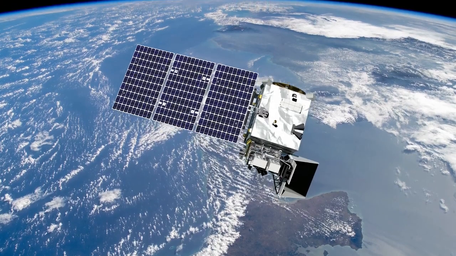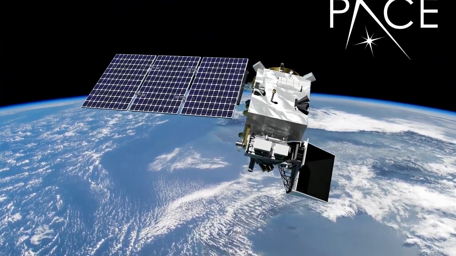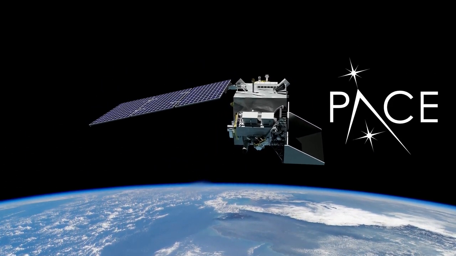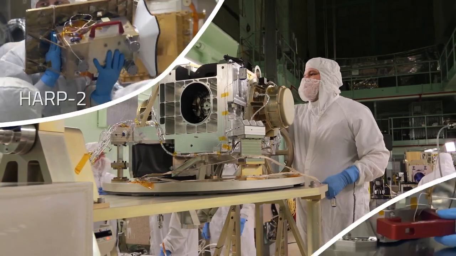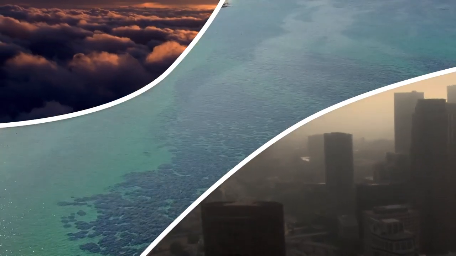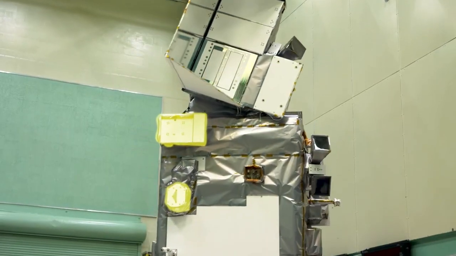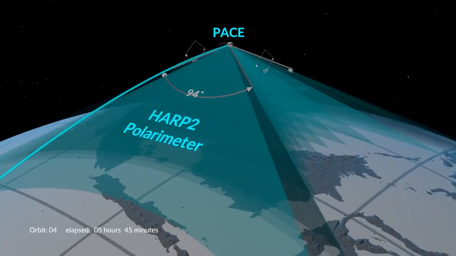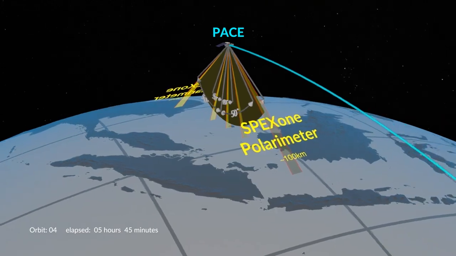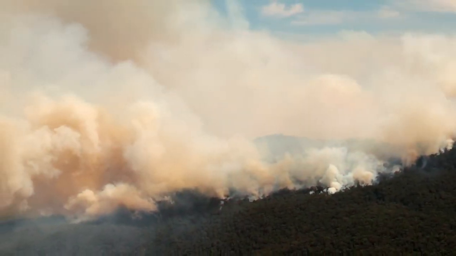NASA's Plankton Aerosol Cloud and Ocean Ecosystem, or PACE, mission is specifically designed to better measure parts of the atmosphere and ocean connection with unprecedented resolution. PACE's instruments will shed new light on the composition and distribution of these massive mixtures of tiny aerosol particles and aquatic microorganisms. On board are two polarimeters, instruments that measure specific angles of light reflected, which, for example, allows researchers to tease apart the specific type of aerosols in these kinds of massive fire events.